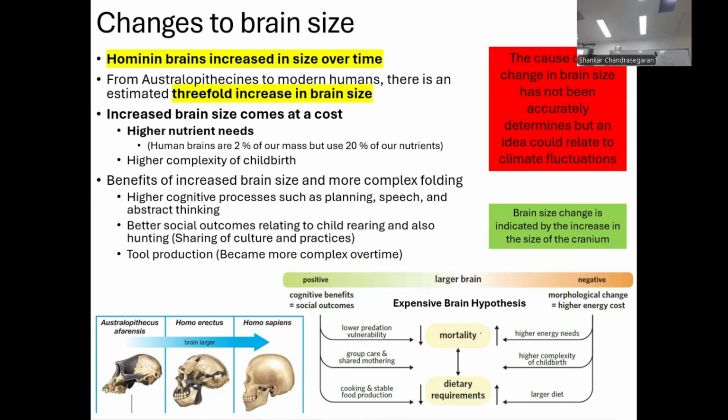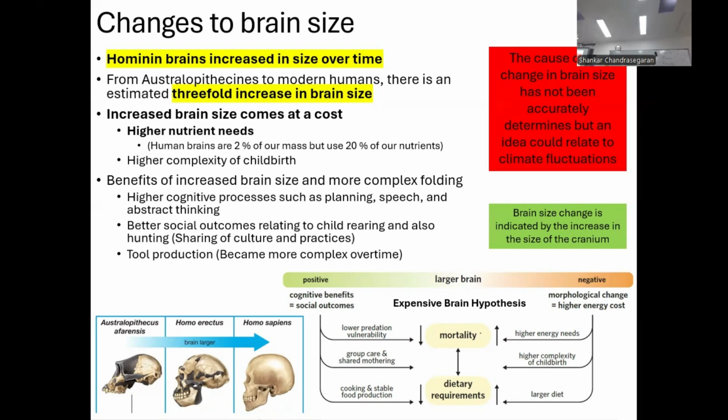Also, we became better at social outcomes related to child rearing and also hunting. So we started to be able to share our practices and cultures among other members of our tribe as a result of being able to have a more complex and bigger brain. We also were able to, as a result, come up with tool production as well, and